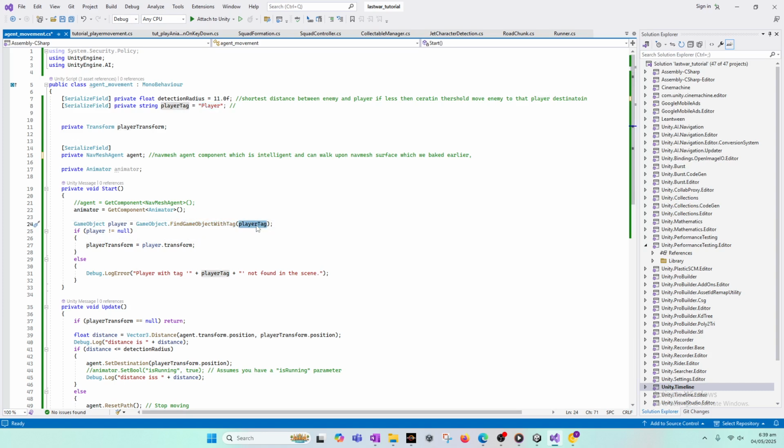Whenever it can find a game object with this tag, if it's not null, that is we were able to find the player component, then what it will do is copy its transform component, and we will set it as the agent's destination only if it lies inside